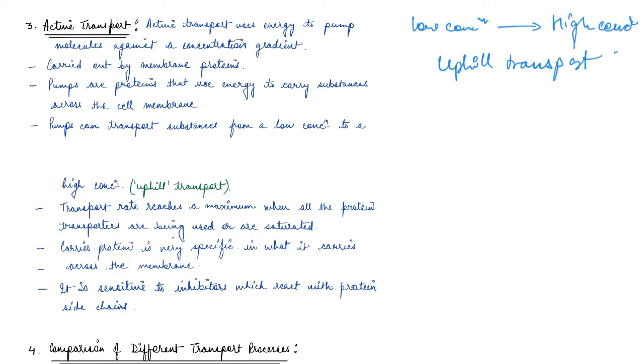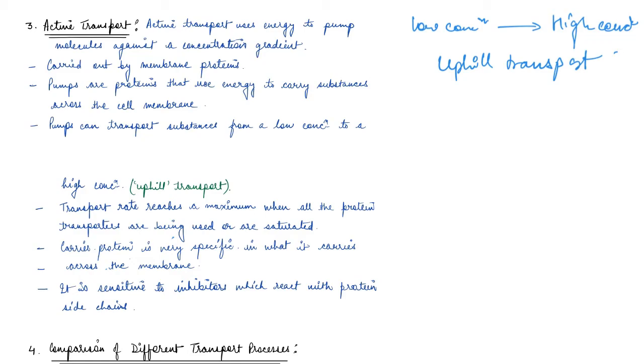So basically all of them are saturated. Right. So say we have enzymes as the carrier proteins, very specific, and they carry the molecules across the membrane, right? So basically again guys, these proteins are sensitive to inhibitors, right? And it will depend on the cell whether it wants to allow the substance to enter inside or not,